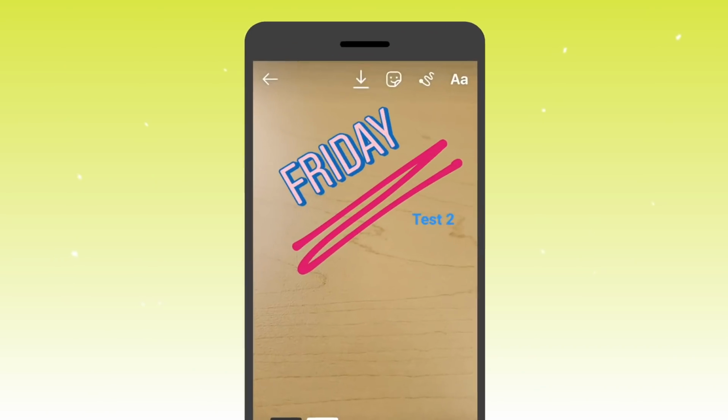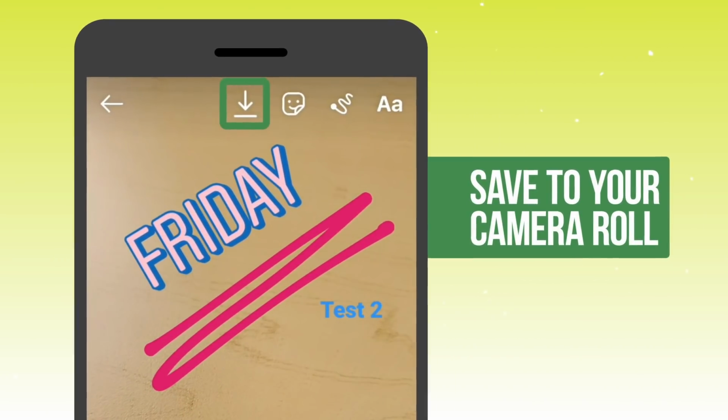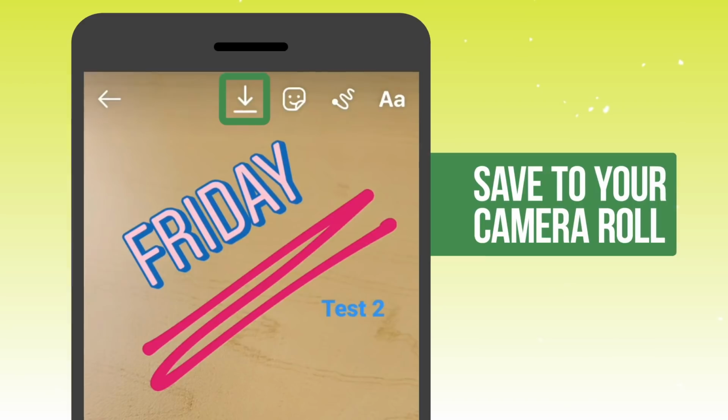You can also add some of those standard Instagram filters that we're used to seeing for stories. Just swipe left or right on that near finished video to alternate through the various filters and choose which one to apply to the entire video as a whole. Once you're done editing the whole video, you can save your video now. You'll see the down-facing arrow at the top of the screen. Tap on that to save the completed video to your camera roll.